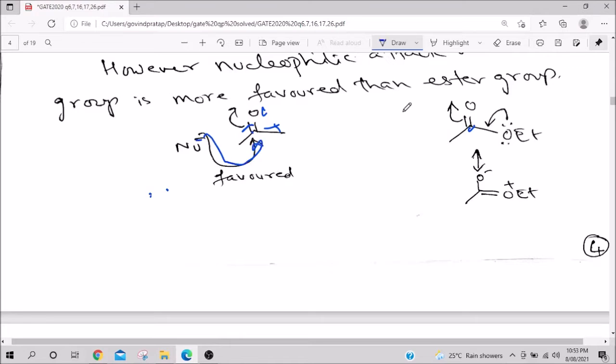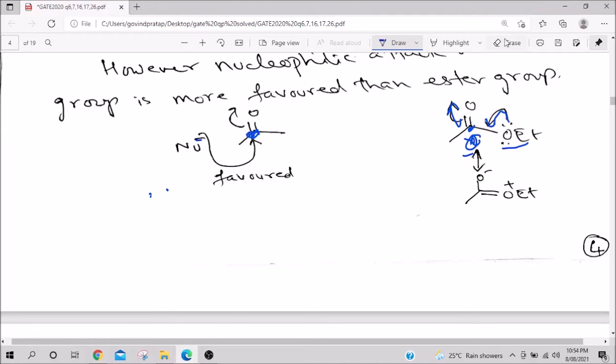Whereas, here what is happening is, here oxygen is there of this OEt part. So, this oxygen lone pair comes here because conjugation has to be there and then this goes up. So, what is happening is, this carbon receives a certain amount of electron density. Because this carbon receives electron density, the amount of positive polarity is reduced. Please understand this, the amount of positive polarity is reduced. So, rather than attacking here, it will attack here because here there is more positive polarity than this and therefore, choice A is wrong. Okay.